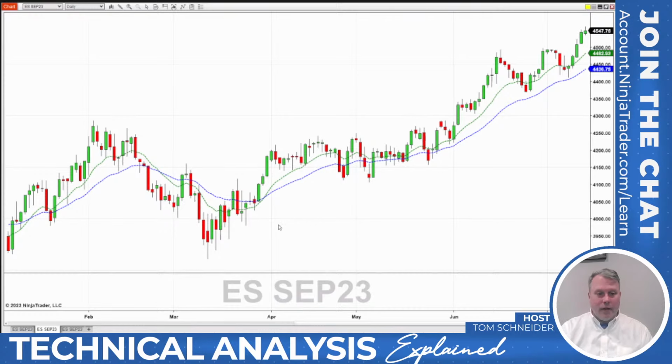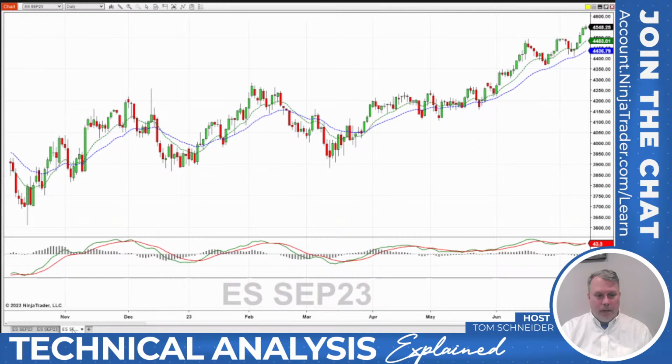If we think about this, when these 2 lines cross, they equal the same amount. They're the same value. That is the point. They cross at the same value. So if I take the difference of one line versus the other, that value equals 0, that is an inflection point. So let's look and see what that means. Same studies. I've got the 26 period exponential moving average in blue, and I've got the 12 period exponential moving average in green. And I'm going to change this study in just a moment, but this is the MACD study, the moving average convergence divergence.